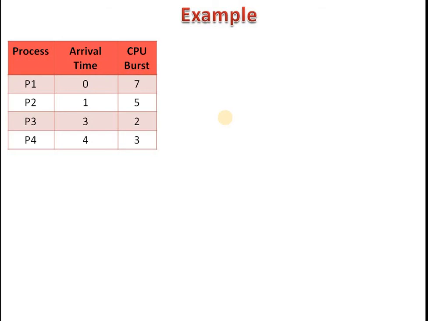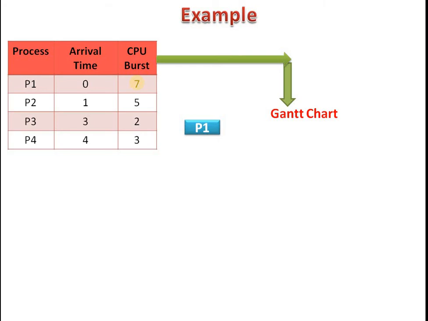Now we can see the Gantt chart. As per the SJF, the smallest CPU time gets executed first, but as per the preemptive SJF, the currently running process will be stopped when a high priority process enters the system. As per this example, P1 has the first arrival because its arrival time is 0. So it will be the current running process. P1 is the currently running process.